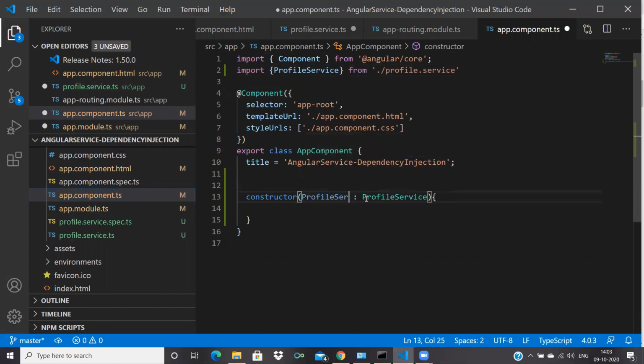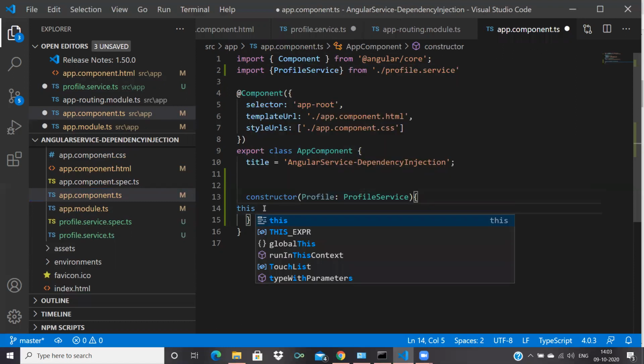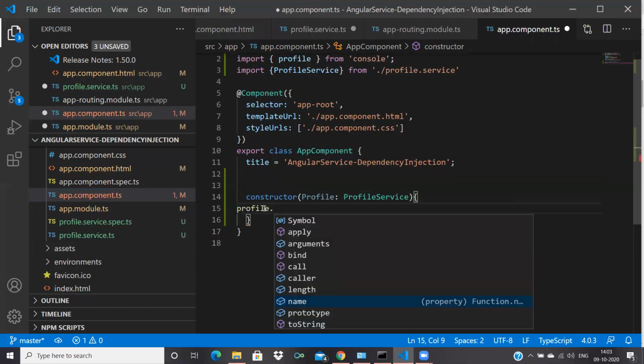You can give any name for that; I'm just giving profile. Okay, I can use this.profile. You can use these as profile in the previous versions. Now it is asking me directly. Okay, profile dot. What is the function we have there?